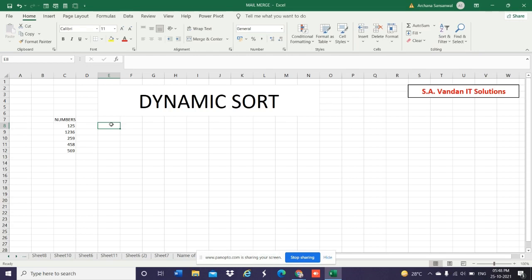Hello learners, through this video we will learn dynamic sorting. For dynamic sorting, I have to use the function sort. So if I write is equal to sort in Excel,